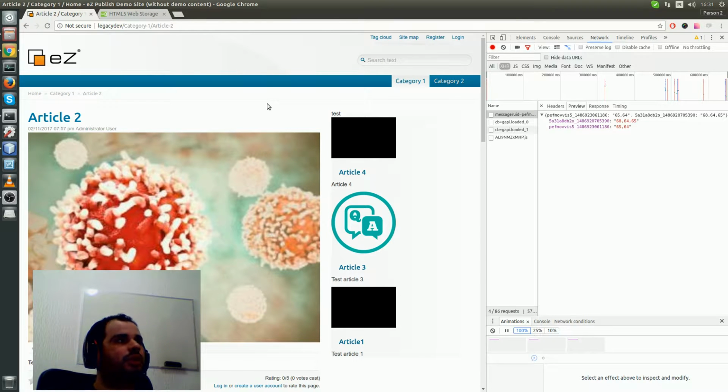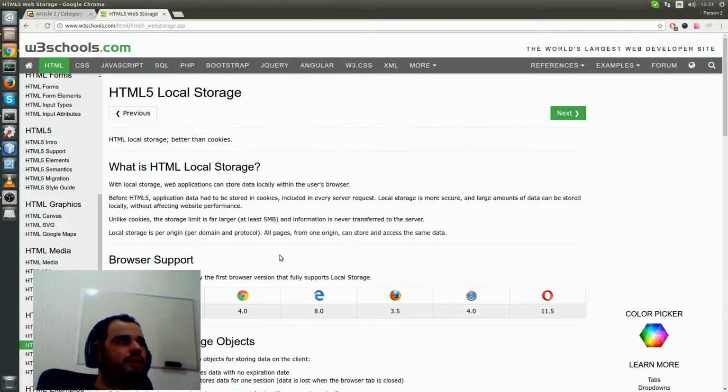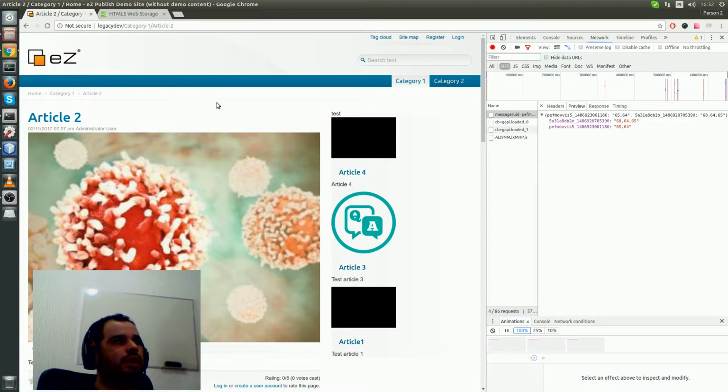I'm still working on polishing those features, but I can see that with this new feature, local storage, we can get way more smart contextual suggestions to users, and that might increase the user clicks on the site, and that might also increase the time the user spends on the site, because if he is browsing content and we keep suggesting content that the user might be interested in based on the user interactions in the site, the user might